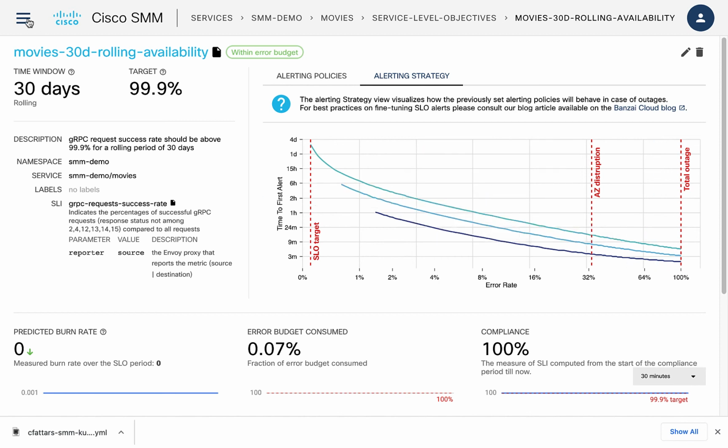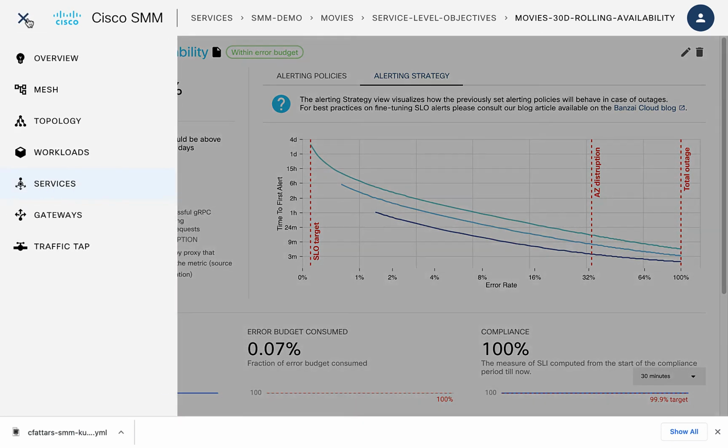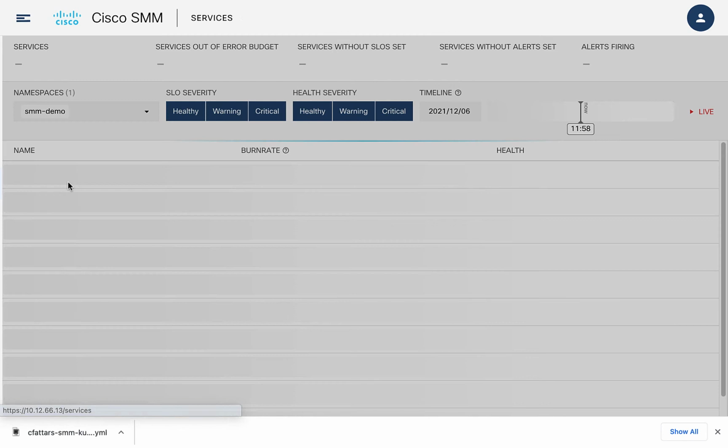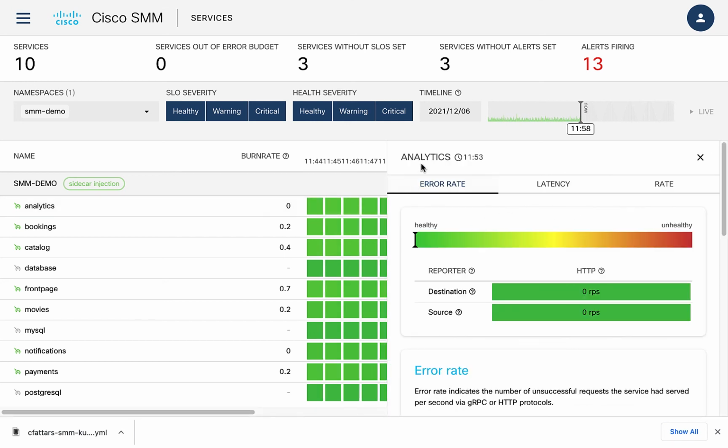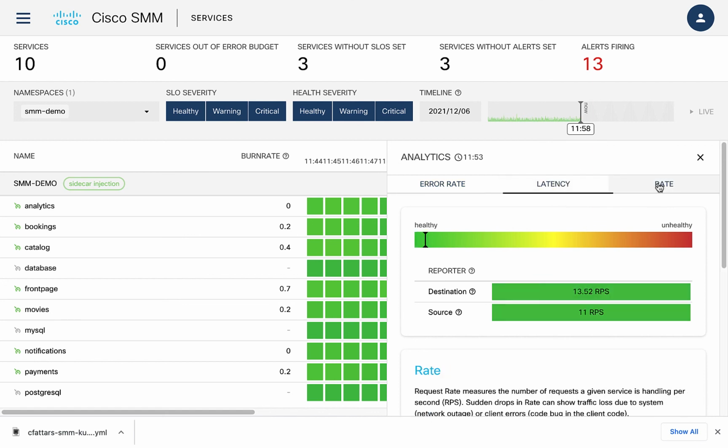While you are taking the proactive action, there are certain things that can help you in reducing your error time. So for example, with the services view, we have a health status indicator. Anytime your services fail, you would see a different color here. So it would help you zone down into that specific segment. And then you can look at this error rate, the latency, and other characteristics, which would help you with debugging.